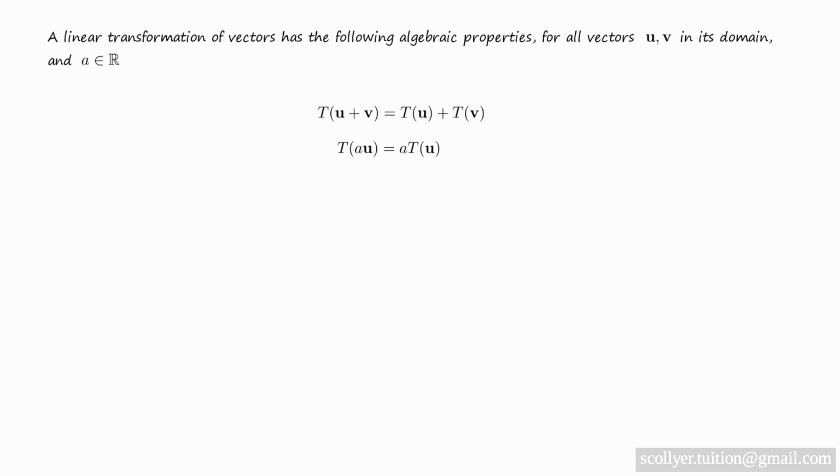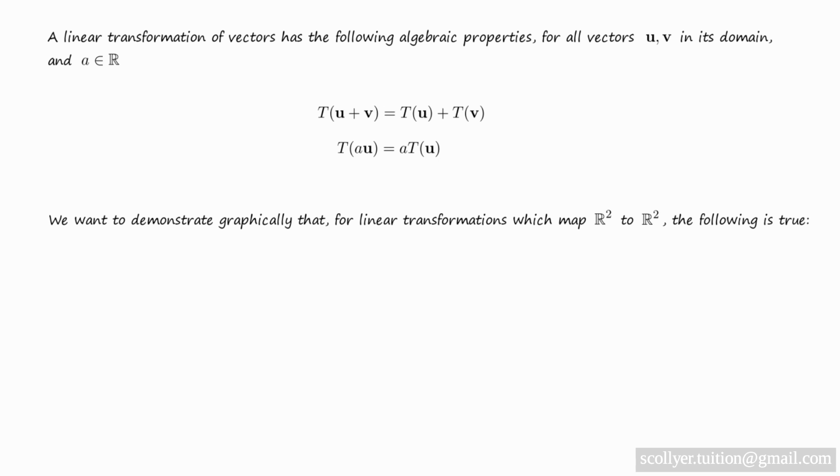A linear transformation of vectors has the following two properties. T of u plus v equals T of u plus T of v. T of a times u equals a times T of u. And those properties must be true for all vectors u and v in the domain of T and for all real numbers a. And in this video I'm going to demonstrate graphically that for linear transformations which map from R2